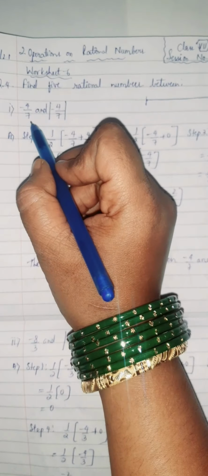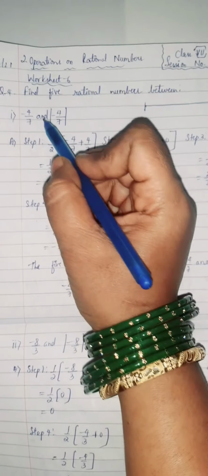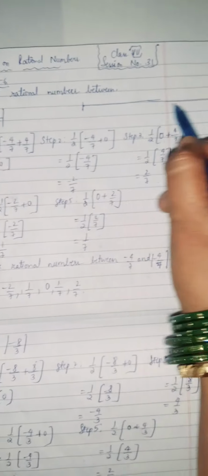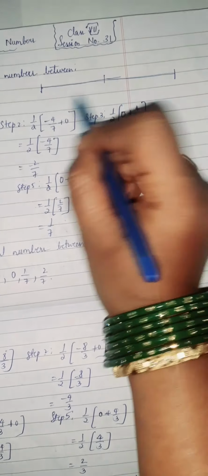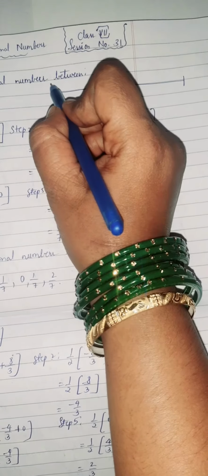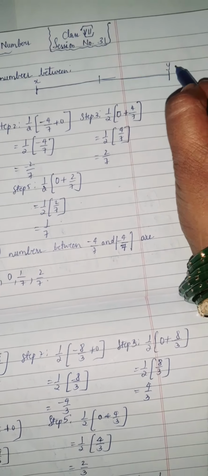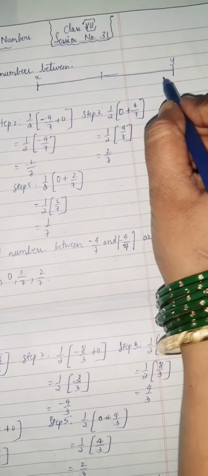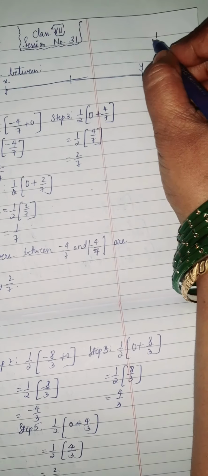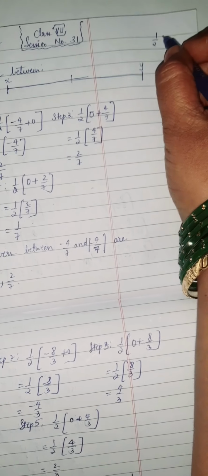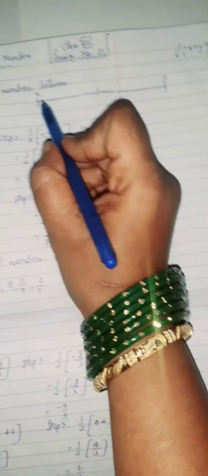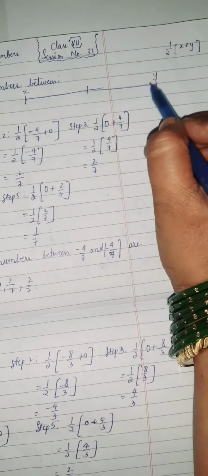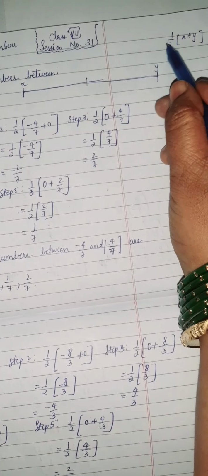In the previous mains, we have solved or found a rational number between two rational numbers. We know how to find a rational number between the two rational numbers given. Here, if one of the rational numbers is x, the other rational number is y. To find the rational number between these two, how do you find out children? By writing 1 by 2 into x plus y. So we are going to add the two rational numbers and then divide by 2.